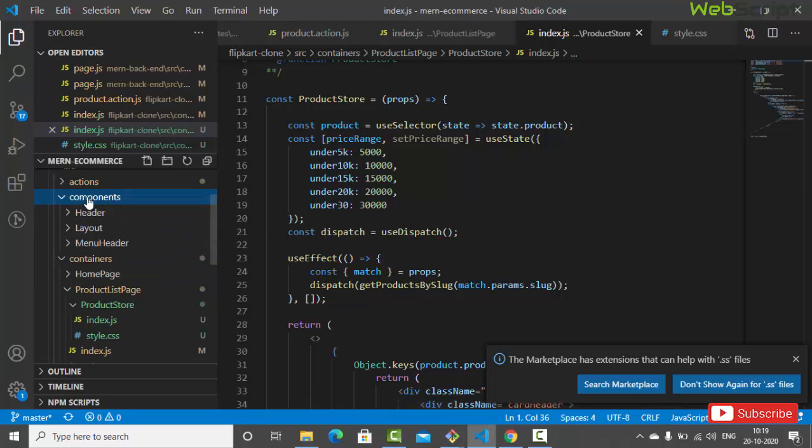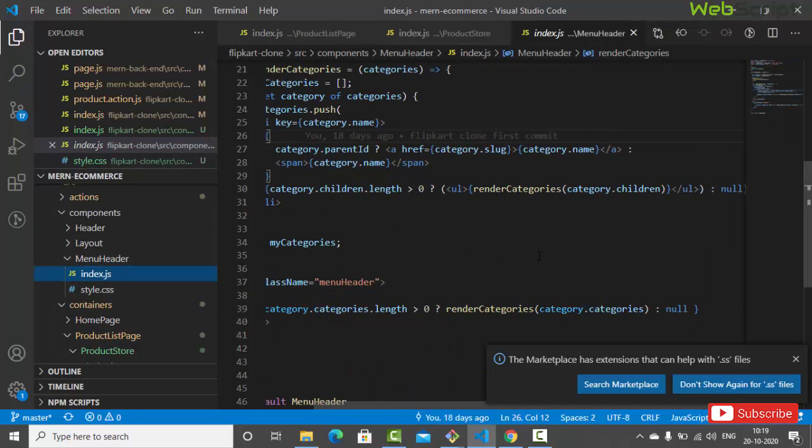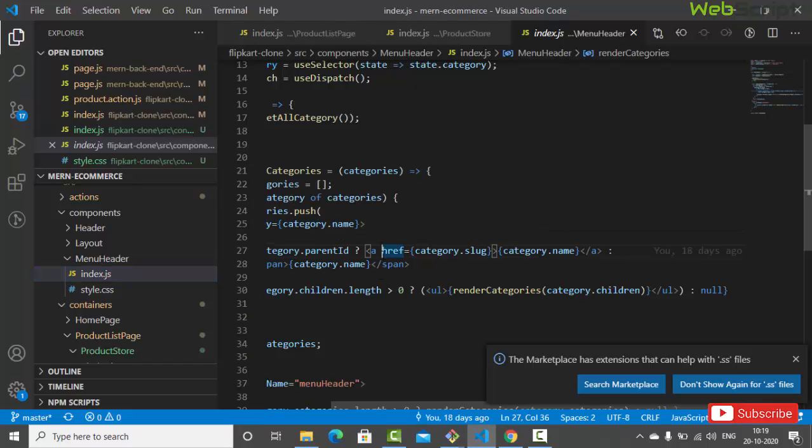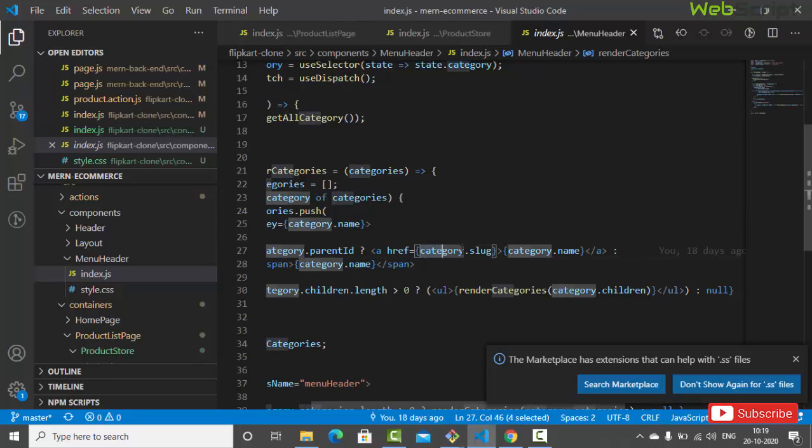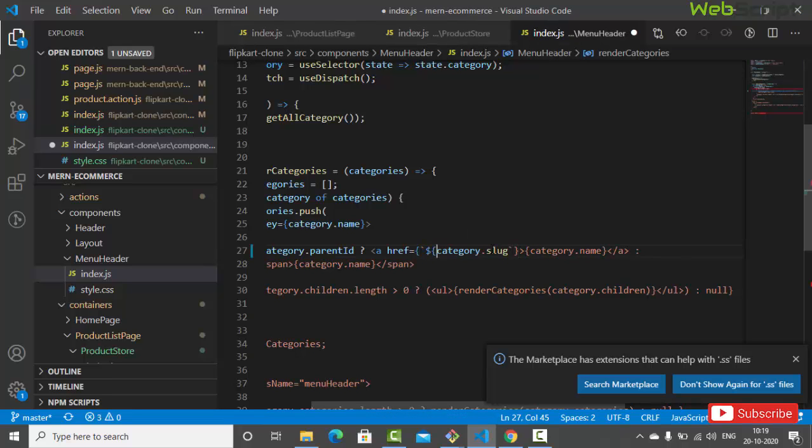For that we have to go to our components. We have layout. Yeah, no, not layout. Menu header index.js, and here we are using an anchor tag, right? Later we will also replace this anchor tag with the React Link component. Right now we have this category slug. We'll take this under backticks, and let's add a dollar symbol, so it will be a variable. Add a / before, and then here we'll say question mark, and CID equals to dollar,